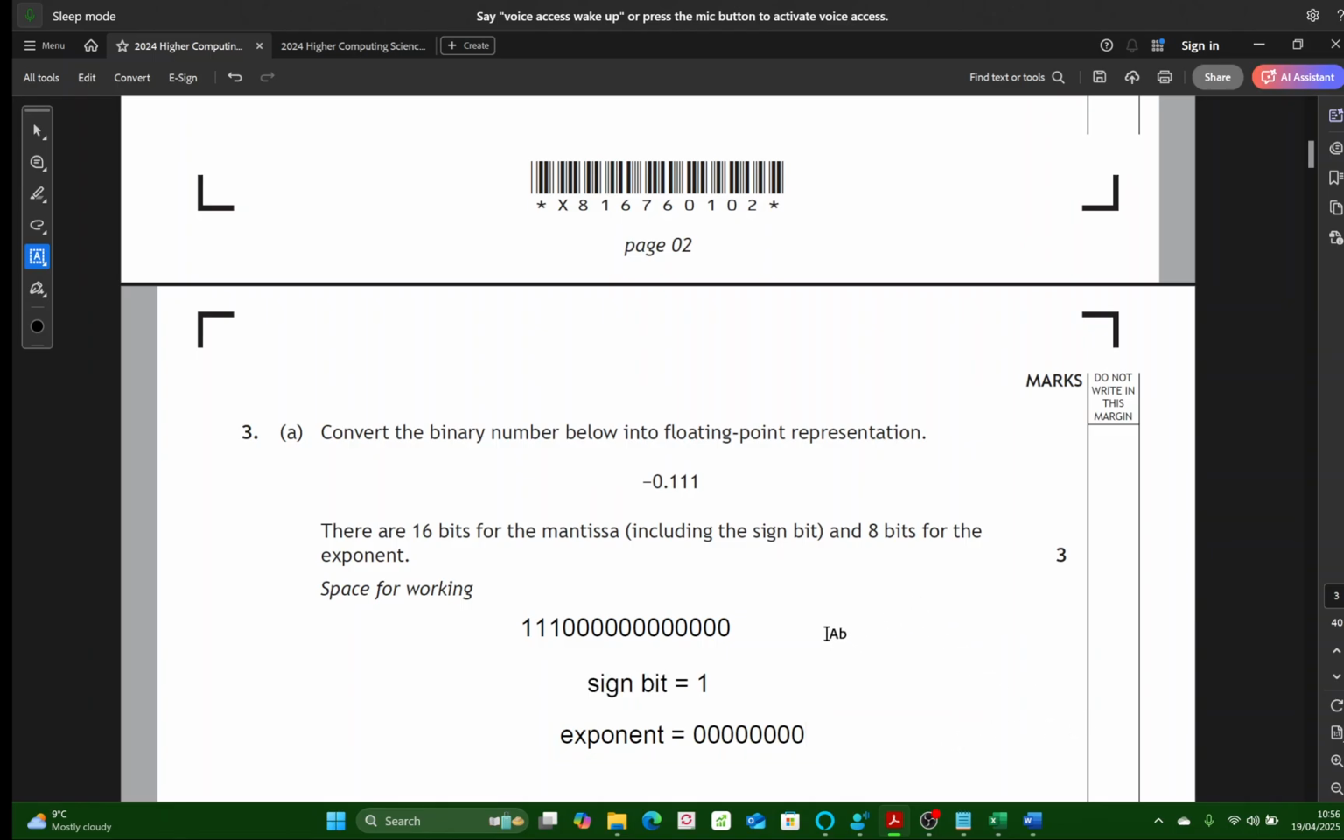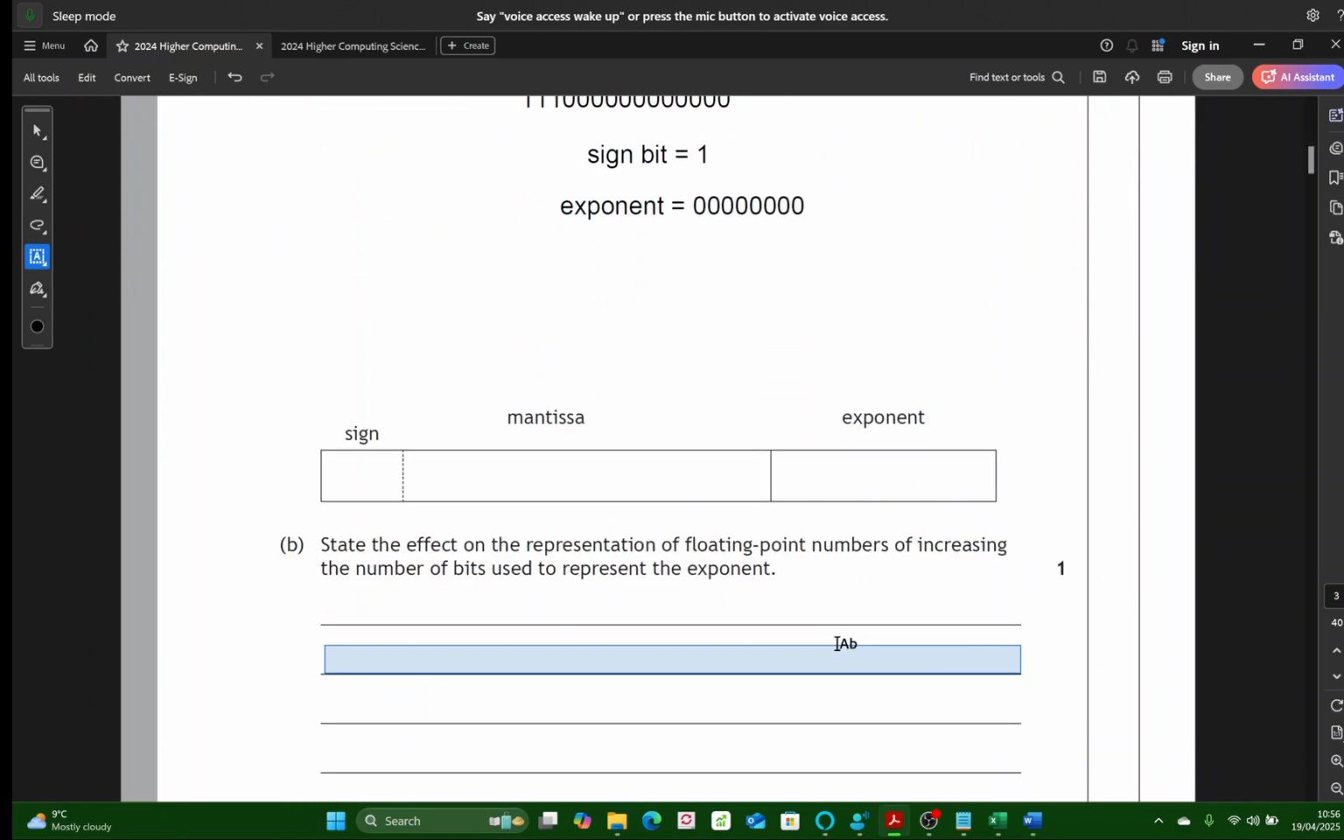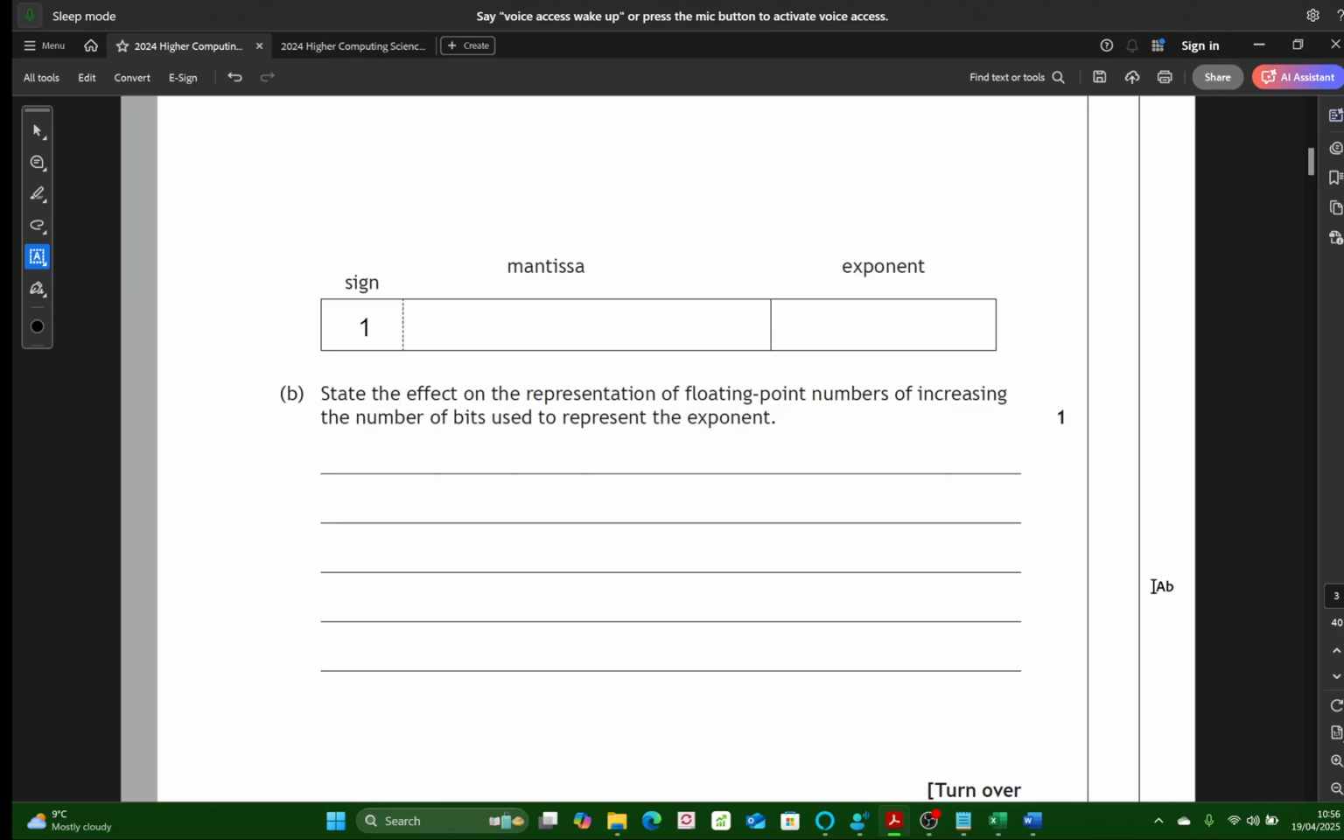So there you have that. Oh, they want you to put it in here, so we just type in a 1 there, and then you type in your numbers there and your exponent there. Right, so what is the effect of